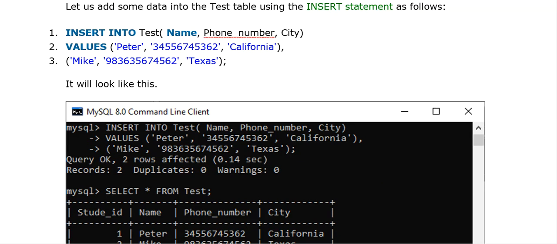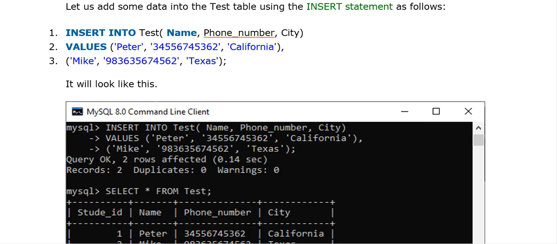Okay, so in the last example from the sessions also, what we were trying to create a concept over is like creating the database, creating the tables, modifying the tables. So that is all done. Now what we want to do, we want to put the data. Finally, what we are doing over here, we are putting all the information into the computer. That is something we would have missed, adding the information into the computer. Okay, so for that purpose in MySQL we will be using the command, and the command is known as insert. So let us add some data into the test table using the insert statement as follows.